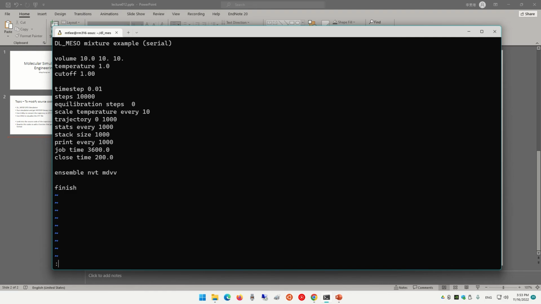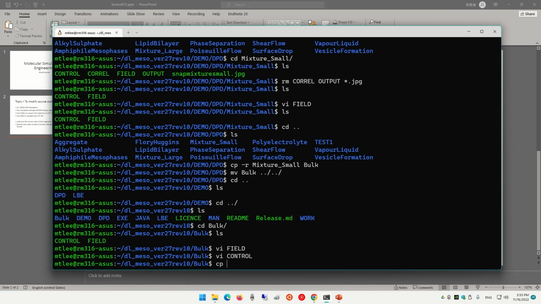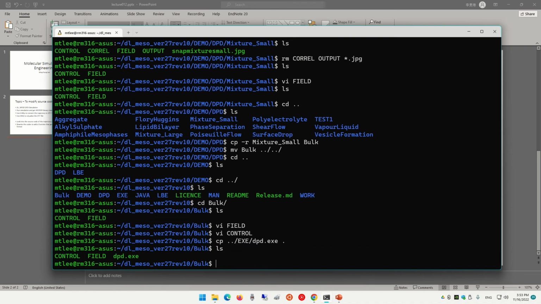So, voila. I'm going to copy the dpd.exe from the previous folder here, and I'm going to run the simulation. It'll be different from the simulation command before, because here we use the MPI version, which can run faster.